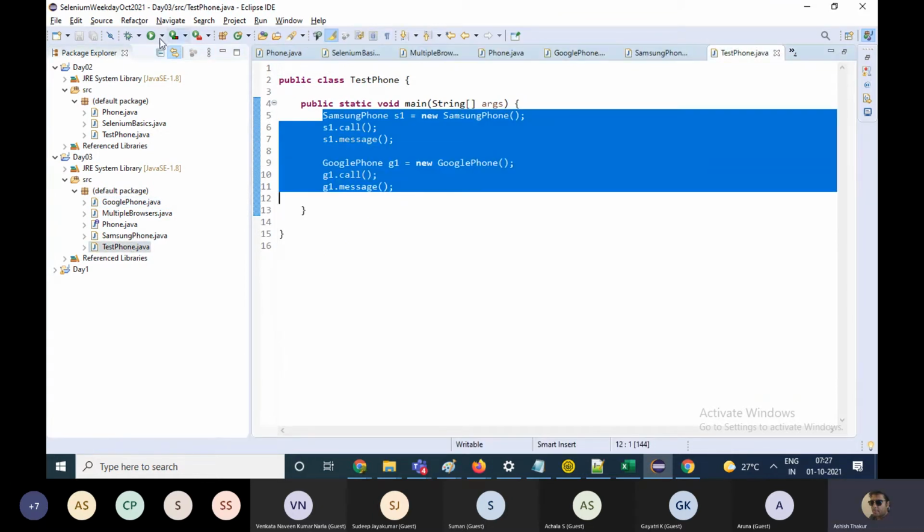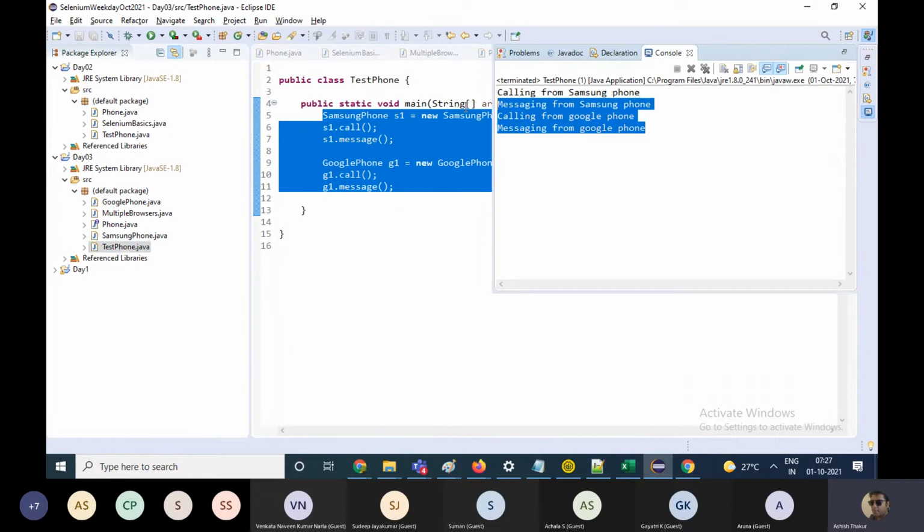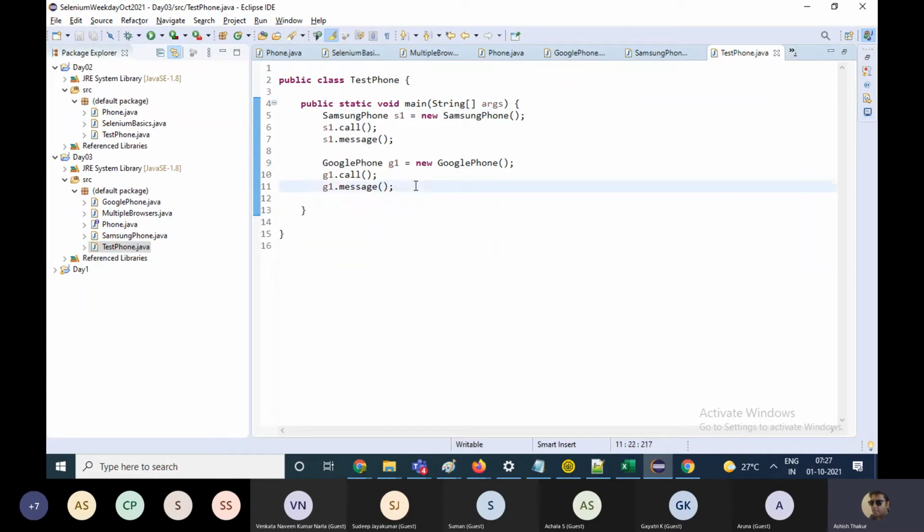I've created objects of Samsung phone and Google phone, and I was running. Now, what if I create the object of the interface?